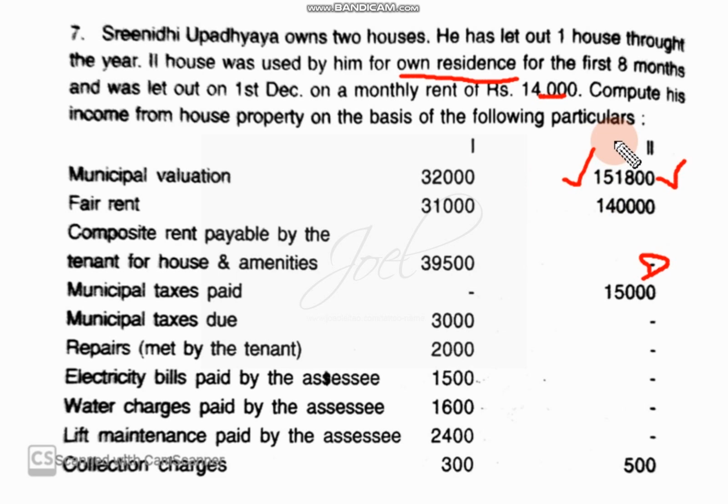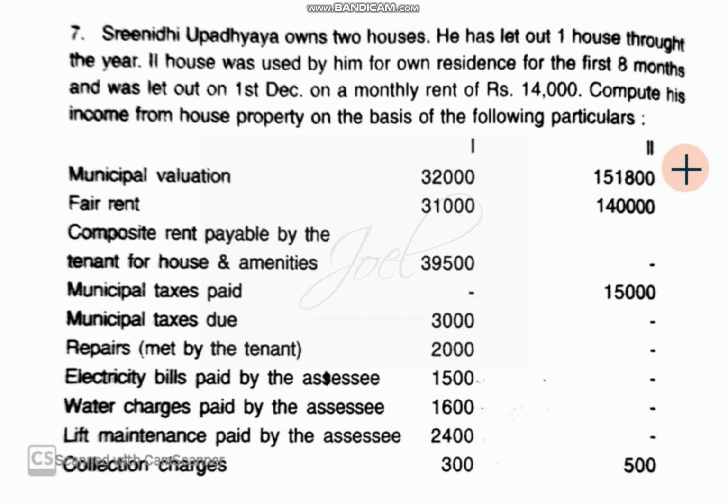One more thing is, it was not vacant. Vacancy information we have to consider. It is not vacant, it is self-occupied. If it was vacant, then a different calculation would come, and whatever amount we get, 14,000 into 4, that amount we are supposed to consider. So now there's no confusion. 151,800 itself is the highest value, so that itself is our gross annual value.